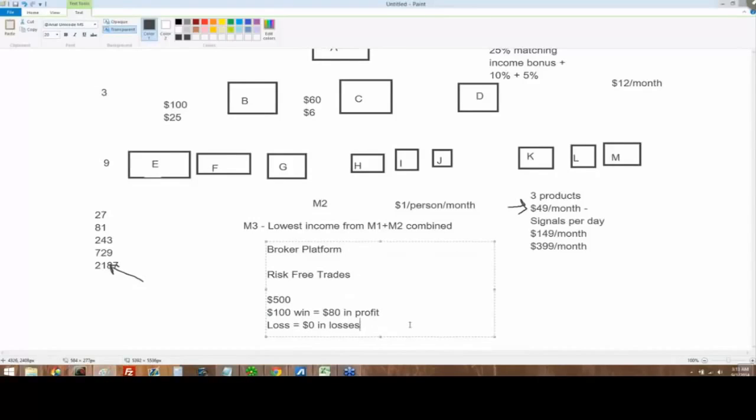you don't do this forever. You do this in the beginning. We do this in the beginning. Obviously, a brokerage platform is not going to work with us if we say, listen, we want to just make sure that you never make any money with our members. That's not what they want. So they're going to give a certain number of risk-free trades, and here's the idea. You take these risk-free trades and you make some profit.